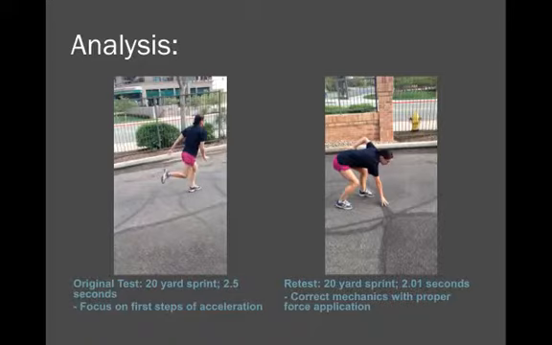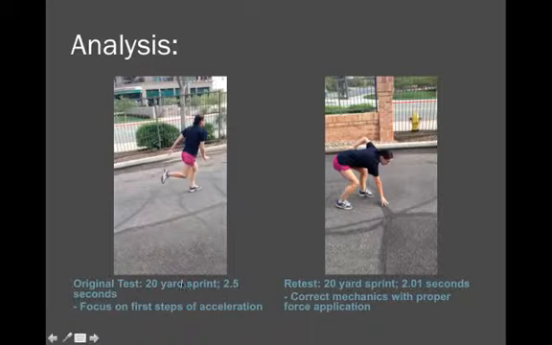An hour later, with the correct exercises and technique, she actually did really well, and the technique cleaned up significantly. She was able to almost wipe 0.5 of a second off her score. However, for any athlete, Olympic level or high school or even elementary level, if an athlete is able to decrease sprint time even by 1/10 of a second, it can make a big difference in any kind of athletic competition.